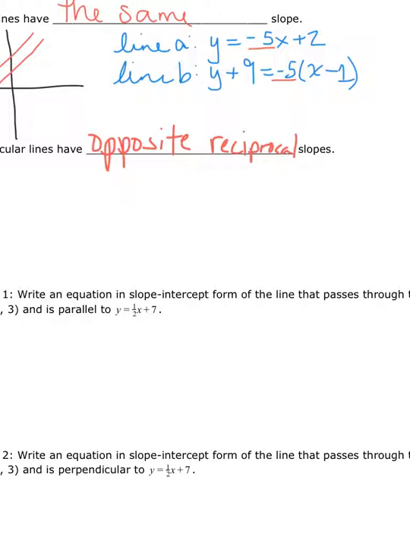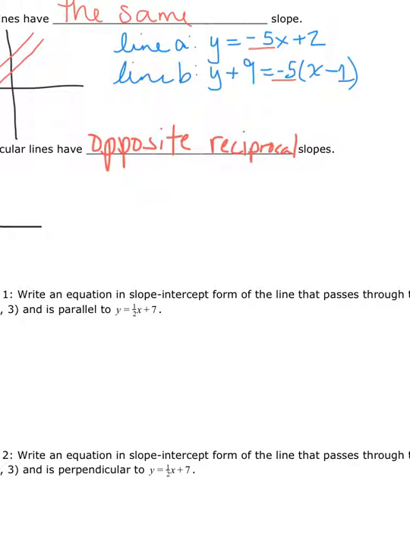All right. So for example, if I graphed some perpendicular lines, does that mean if one has a slope of 0 and the other has a slope of undefined? Yes, you could have one with a slope of 0 and one with a slope of undefined, because the x-axis and the y-axis are perpendicular. So if you have something parallel to the x-axis and something parallel to the y-axis, those two lines would also be perpendicular. All right, let's do one that's